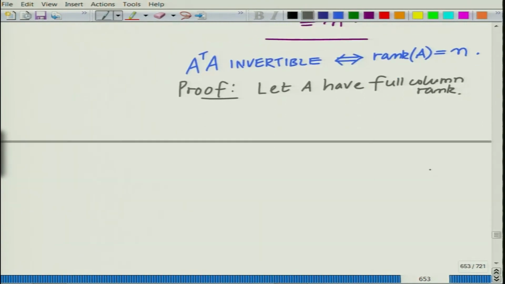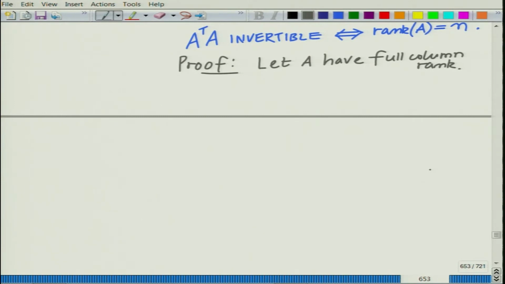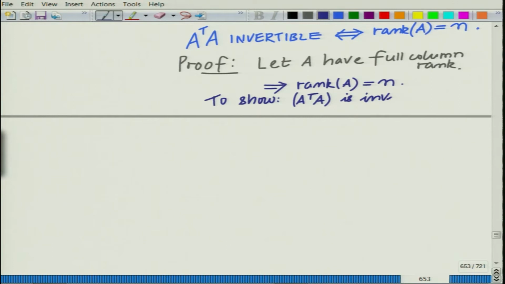Now, if A has full column rank, this implies rank A equals n. Now, to show A transpose A is invertible,